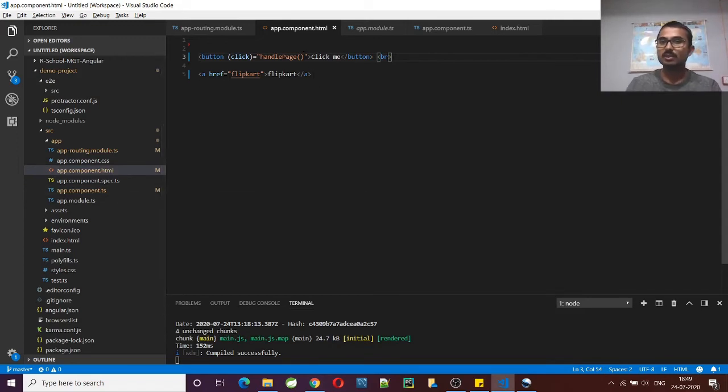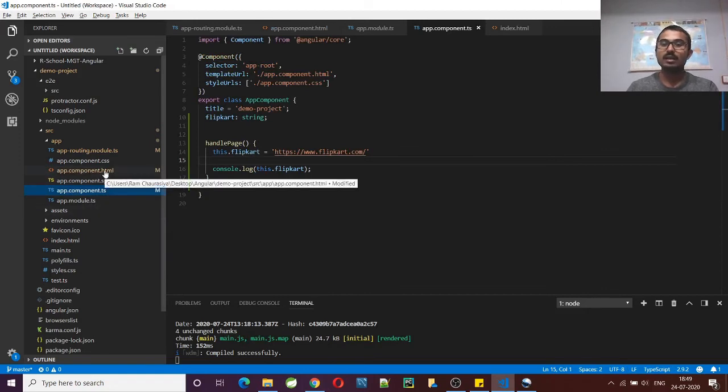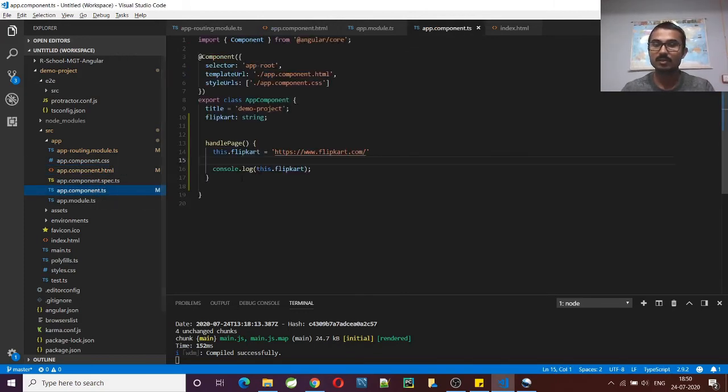For example, suppose you want to pass some information from here. You can put in an argument, and here you can create a variable in this argument, and you will receive values here. So we are trying to handle the events which are performed by the user on the page, and correspondingly we want to perform some action, so that action will be performed in the component file here. So here the flow will happen from view to controller.